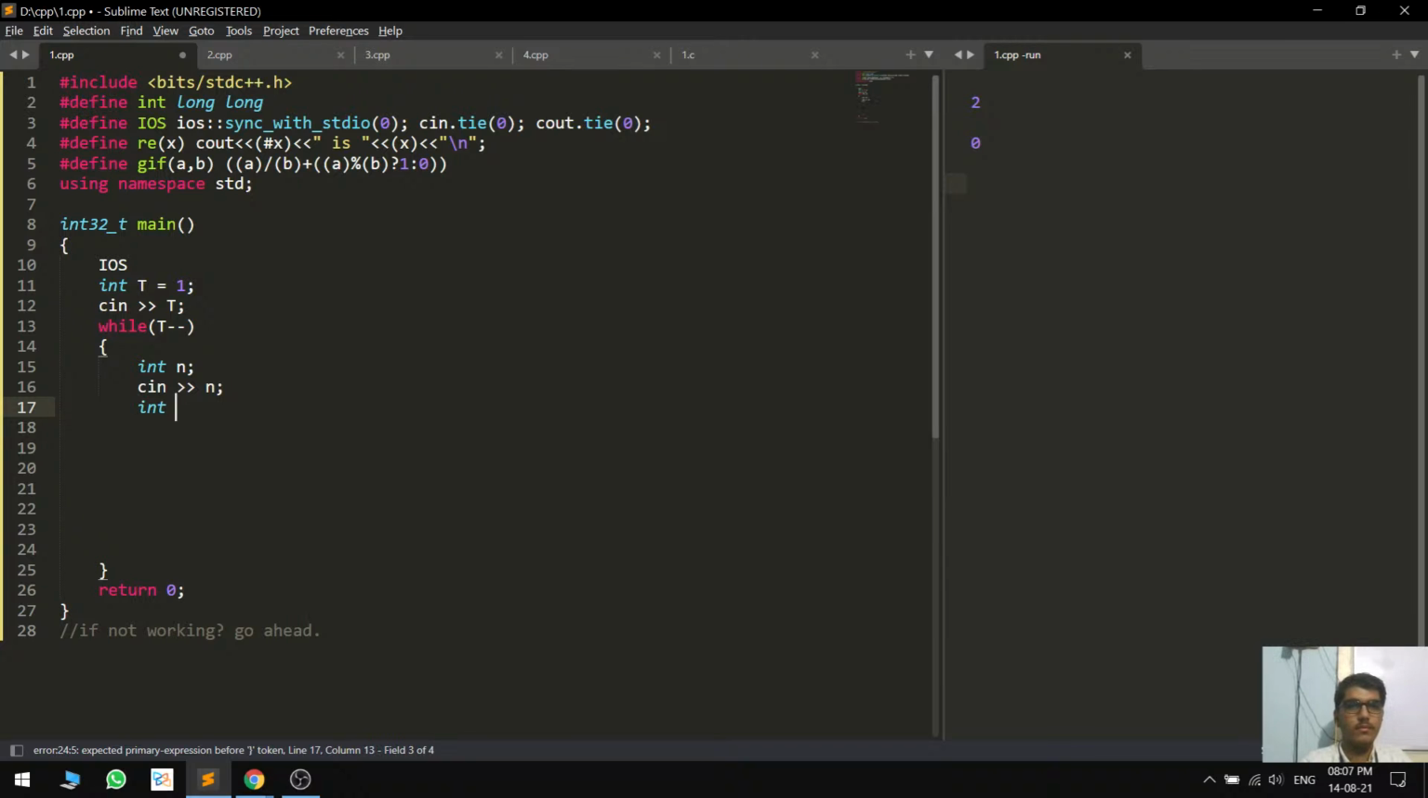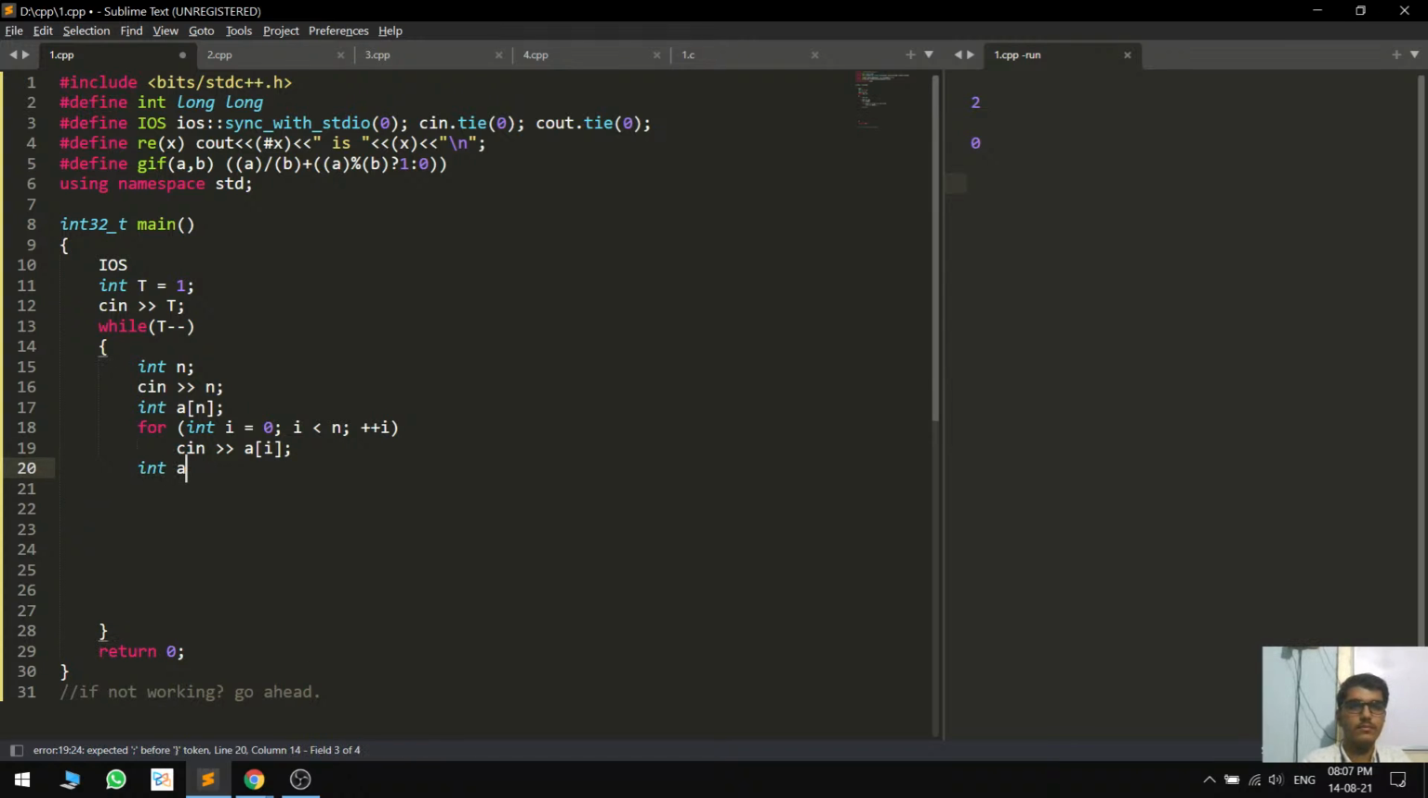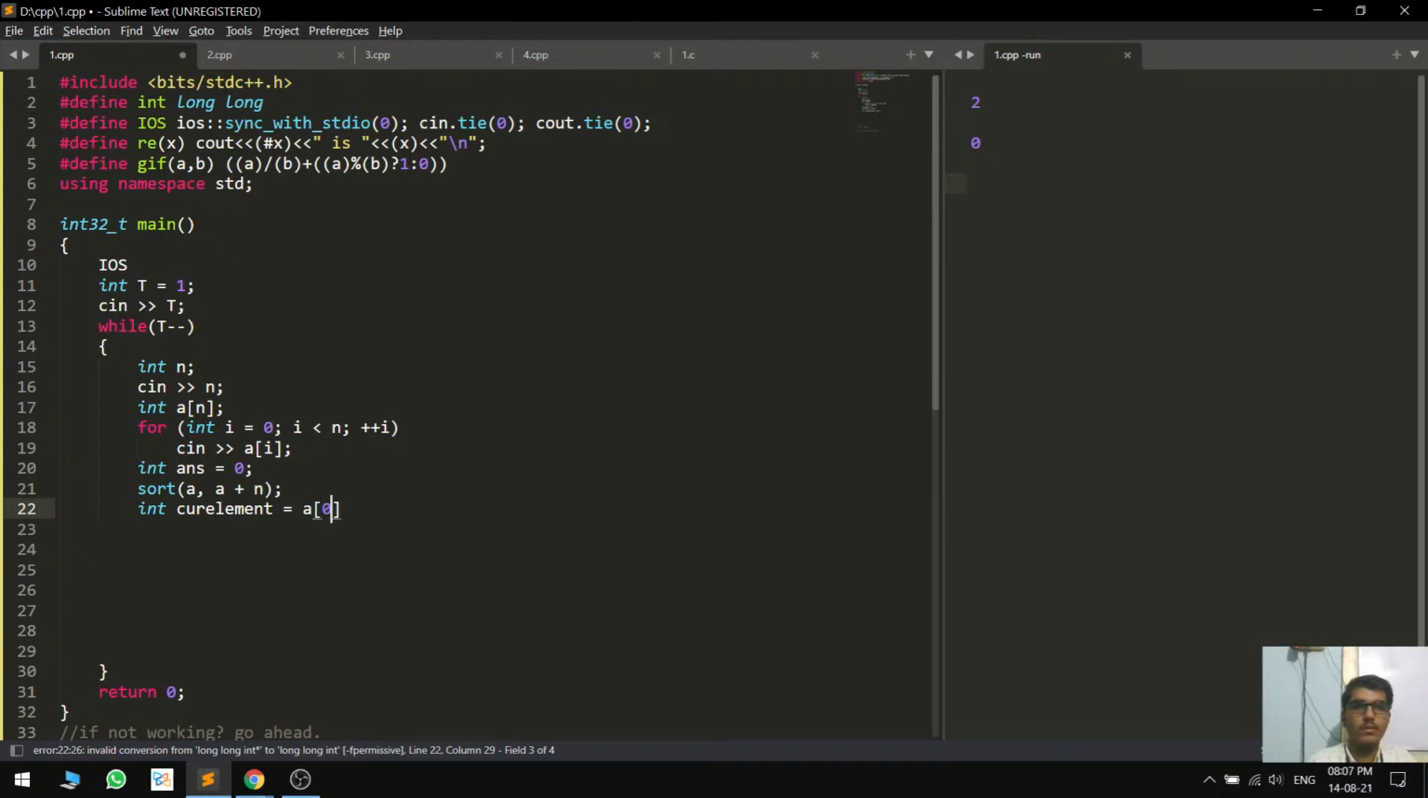I just take the input and the answer is equal to 0. Let's just sort the input. Now the answer should be all the values except the first one, right? So I'll just go through the elements, with current element set to A0, while current element